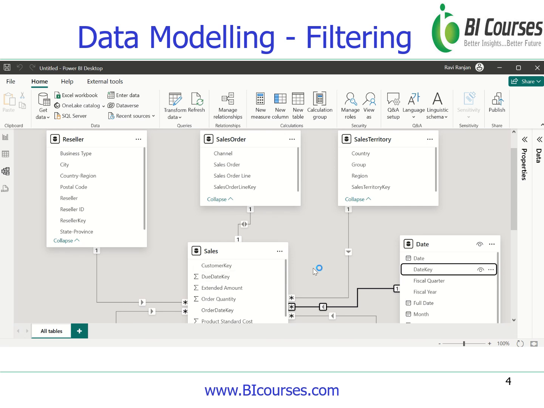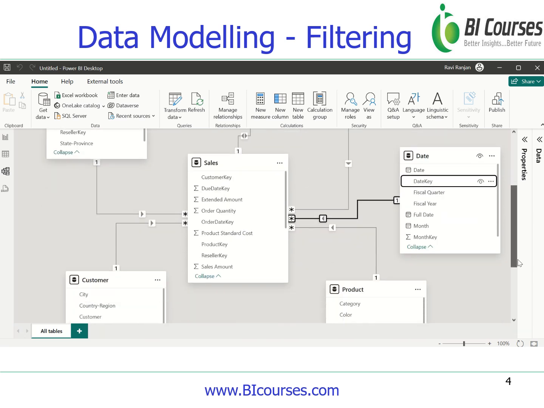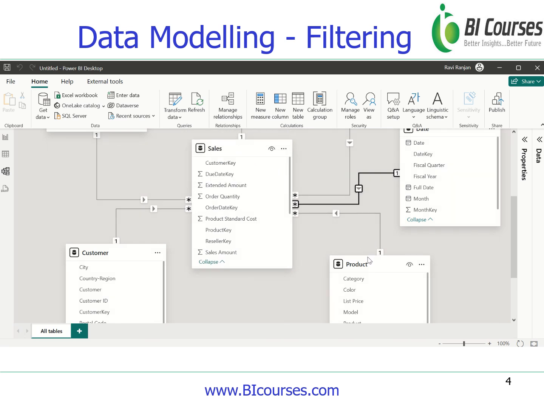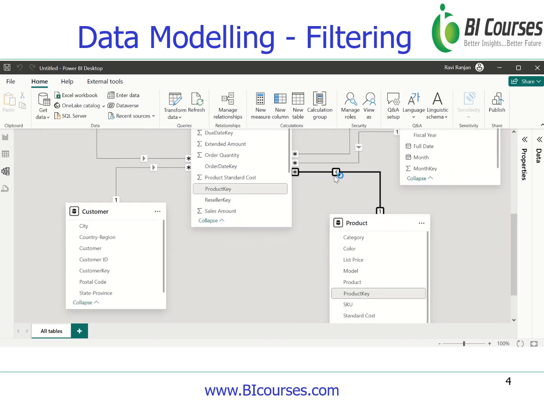For example, in this relationship between the product and the sales table, we have a relationship on product key to product key, and the direction of filtering is from product to the fact sales table, which means if we select any value for any of the fields on the product table, it will slice or